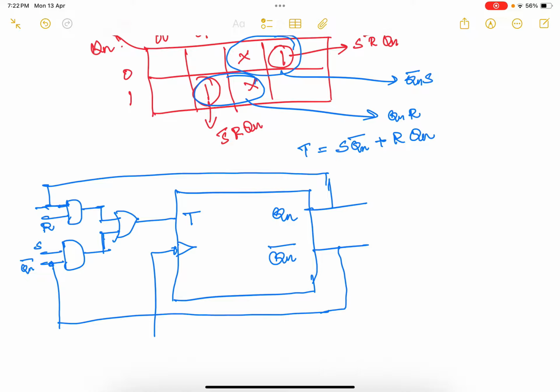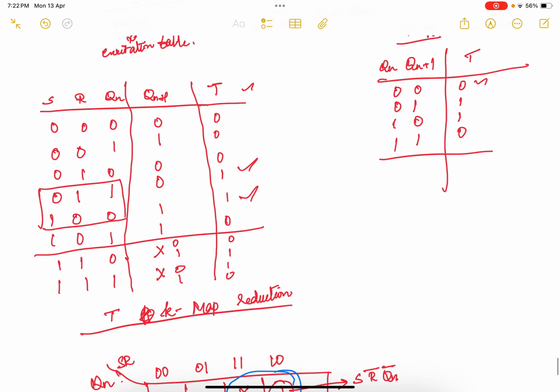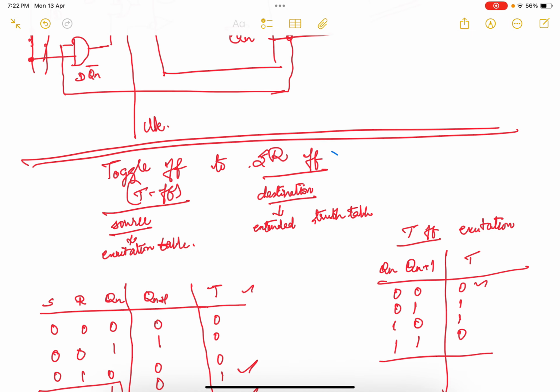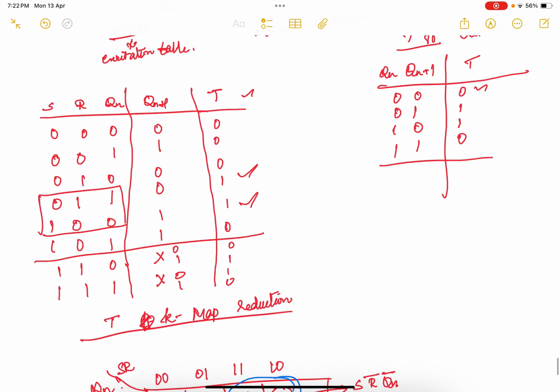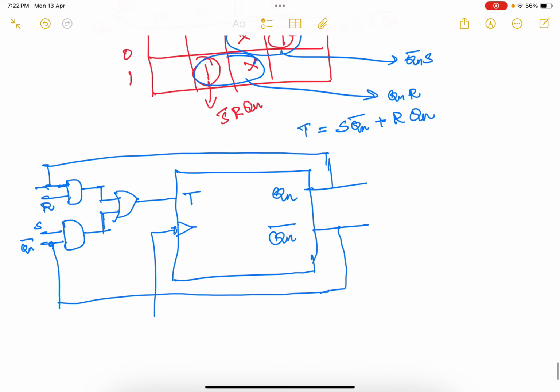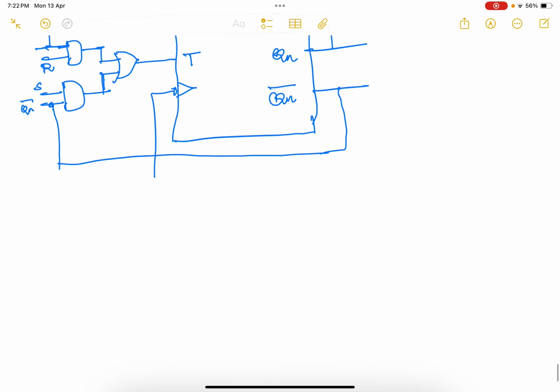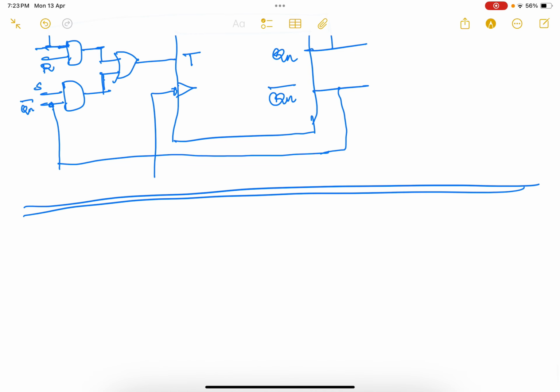So this is how we are converting our T flip-flop to SR flip-flop. So T flip-flop is now converted into SR flip-flop. So we will be having an S input, R input. Now we will go to the next conversion, which is nothing but our T flip-flop to